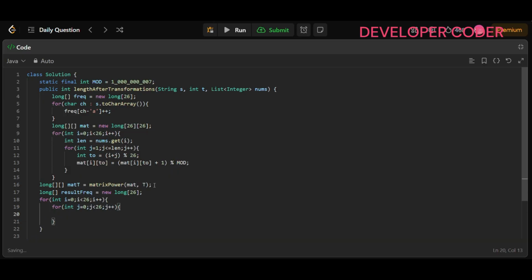Then here you have to operate the result frequency of j. How you're going to update this result frequency of j is nothing but result frequency of j plus. So here you can write it like this. Inside this just paste this. Again and again we have to update this now: result frequency of j is nothing but result frequency of j plus